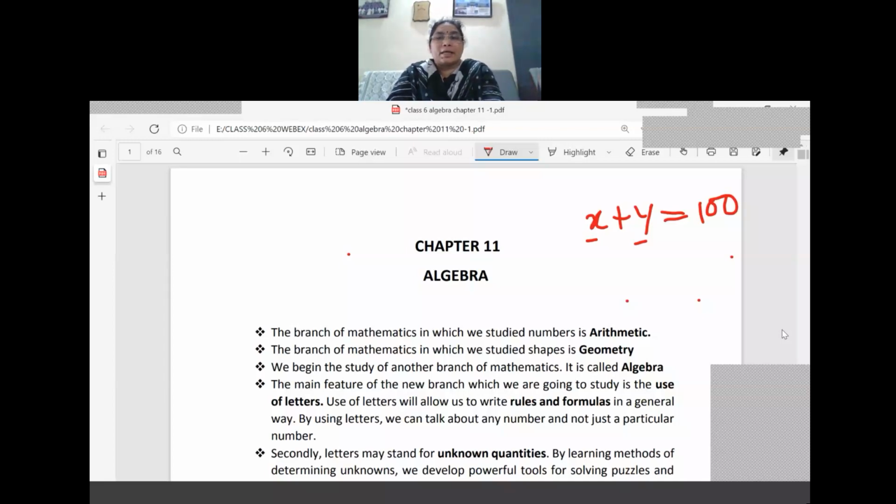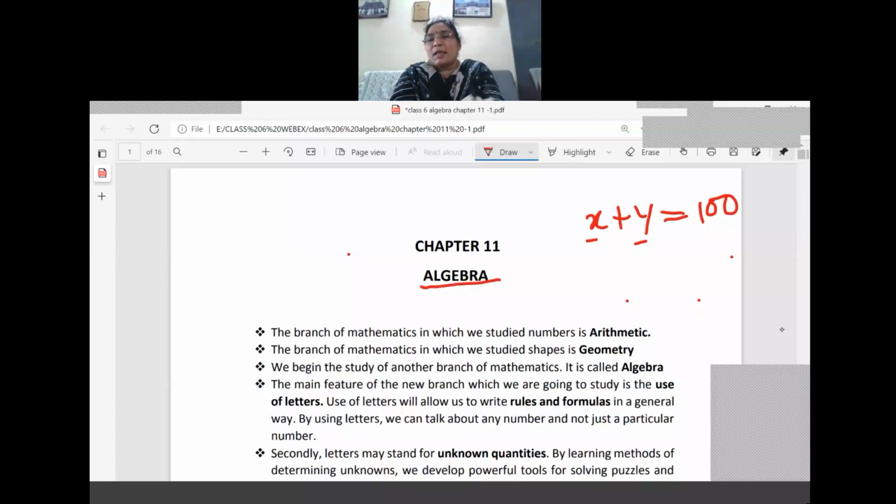So here what we are seeing is that we don't know what the runs of the first batsman are. So we are assuming, let x be the runs scored by the first batsman and y be the runs scored by the second batsman. But we know that the sum is equal to 100, right? So I made an equation like this: x plus y equal to 100. So x is an English alphabet only, y also an alphabet only, but plus you know that it is an operation in maths. 100 you know that it is a number. So along with the numbers we are using alphabets and at the same time operations. This type of thing we are dealing with in this chapter, that is algebra.